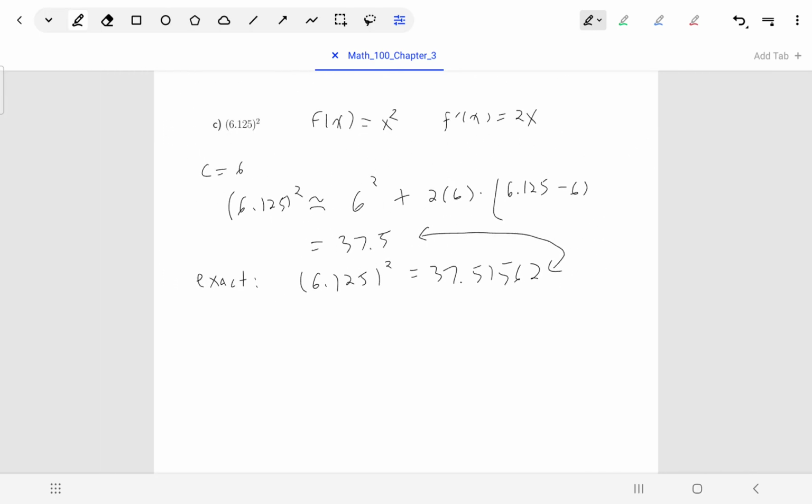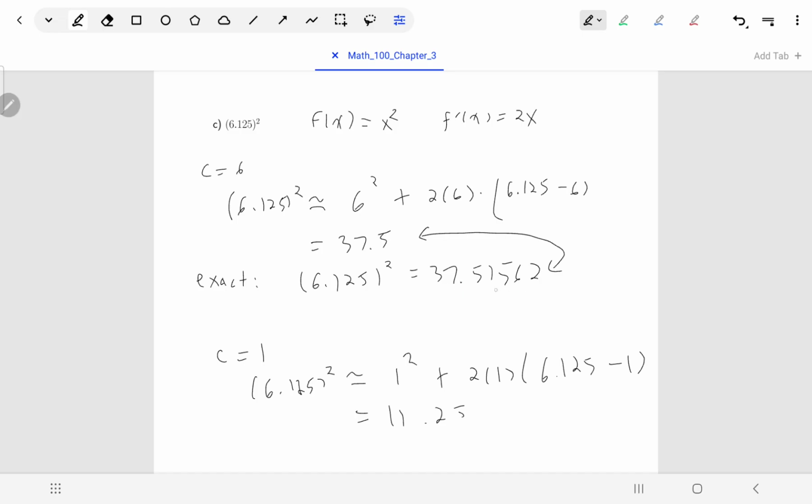Just one thing I wanted to do for fun: what if you chose a really bad value? So here I chose 6, which was really close to 6.125. What if I chose 1 as my value for c? Because I decided to be really lazy and said, oh, 1 would be really easy to put inside of f and f prime. It's not very close to 6.125, but who cares? What if I decided to just go wild? So in that case, I'd run into a problem, and that's this. When I put in 1, so I'd have 1 squared plus 2 times 1 times 6.125 minus 1. When I calculate that out, I get 11.25,